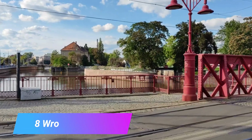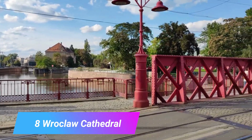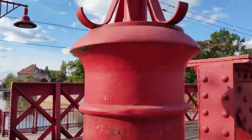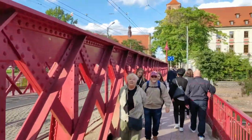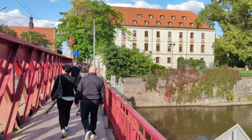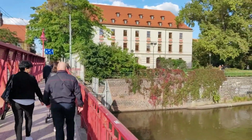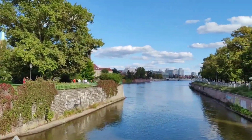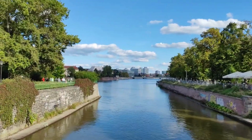Number 8. Wrocław Cathedral. Constructed in the brick Gothic style in the 13th century after the Mongol invasion had destroyed its predecessor, the cathedral is recognized by its skyscraping towers soaring to almost 100 meters. The siege of Breslau took its toll on the building, leaving about 3/4 in ruins, and the restoration continued through